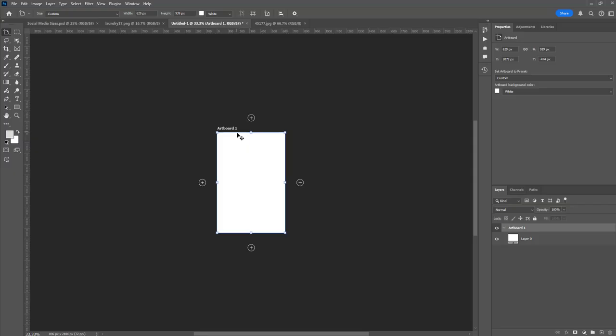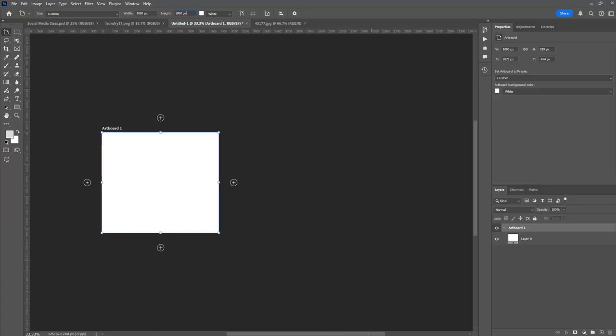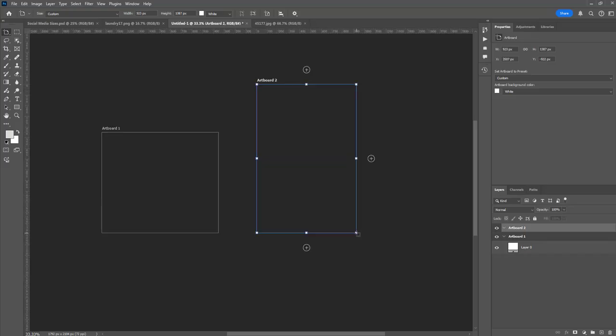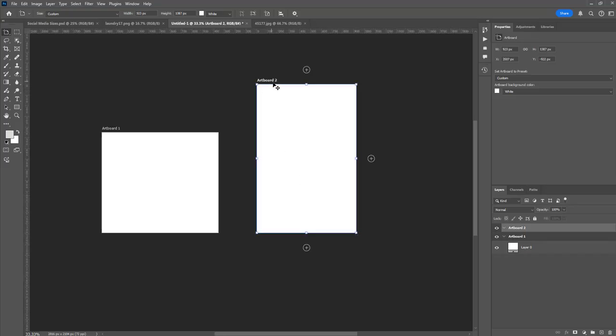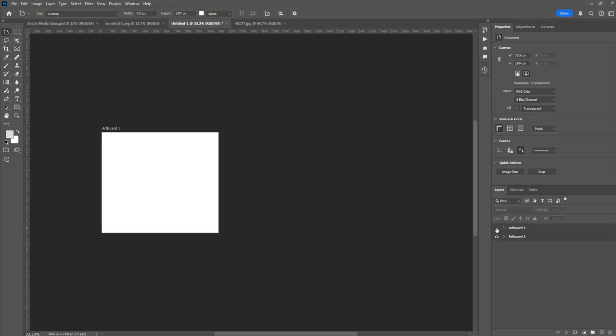Okay. So here you can see the size of the artboard. So for example, you are making a Facebook ad. For Facebook, there is a dimension of 1080 by 1080. Okay, so if you want another dimension, you can create it here. Just drag it. So as you can see, it creates a group. So this is artboard 1, artboard 2.